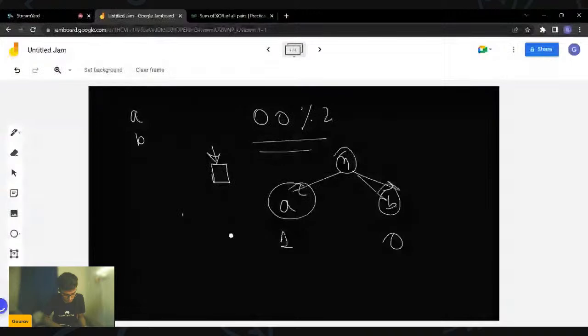So basically it means that for whichever bit position you are considering, that bit position will contribute 2 to the power i for each such pair to the actual answer when you are XORing. So the process becomes very simple now. What you have to do is iterate over all the numbers and through all the bit positions. When you do that, you make a count of all the set bits and all the unset bits for every bit position.